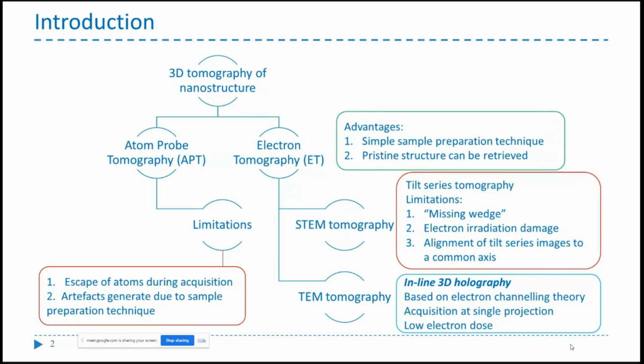And in TEM, the advantage is that you can reduce the electron dose rate. And you are taking multiple images, so noise doesn't matter. Noise will be reduced, and that is the advantage. So you can use it for electron beam sensitive samples also.